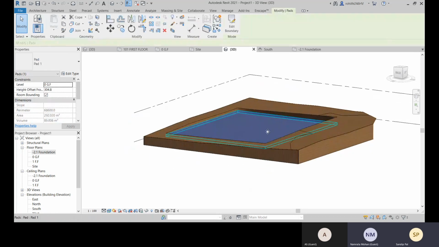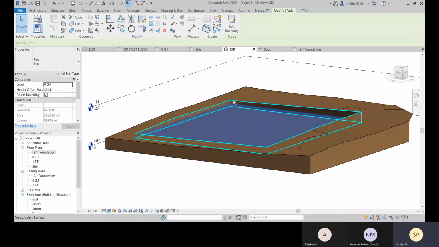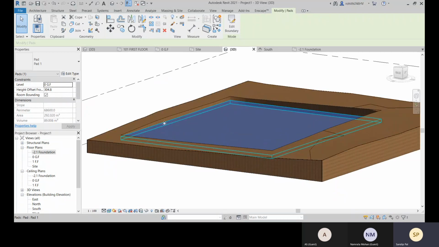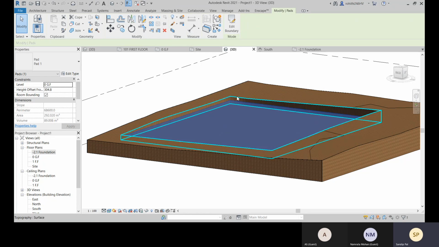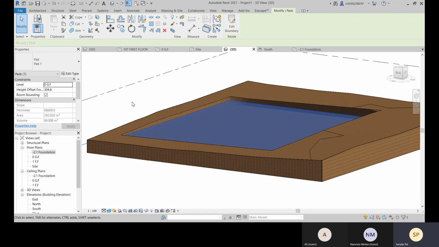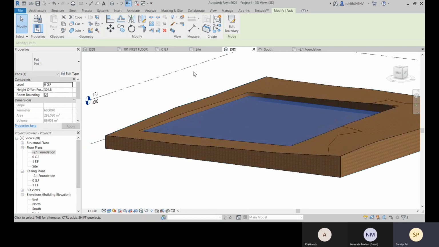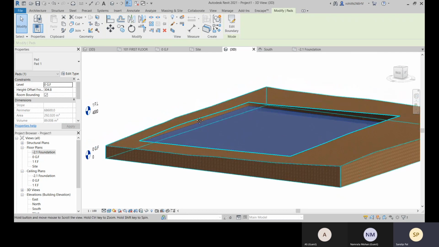So what I told is that if you give the proper thickness to this ground level for this building pad, it will match this thickness. Accordingly, you will have the proper volume. Here you can see that for this pad you have this volume right now. If you match this level, it will give you how much you excavated, what the volume for your excavation is. Those details you will have.